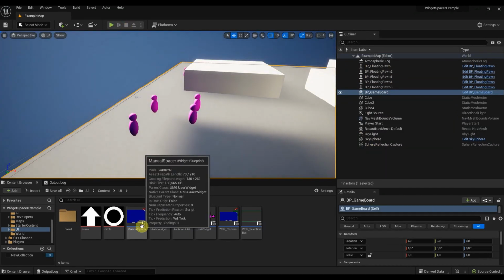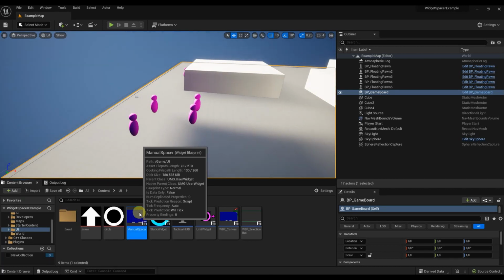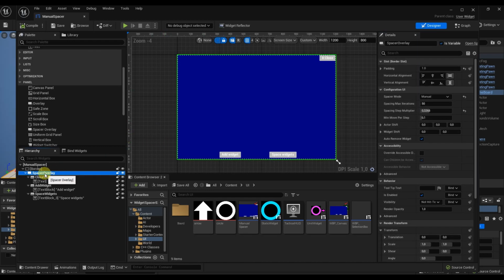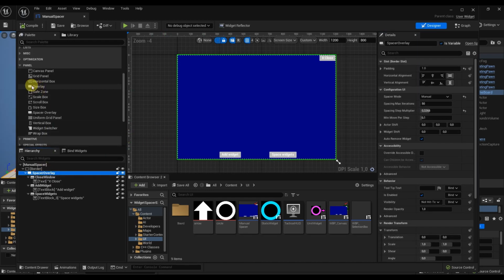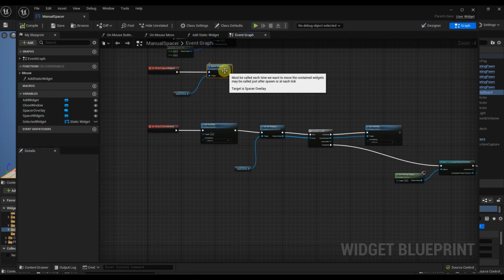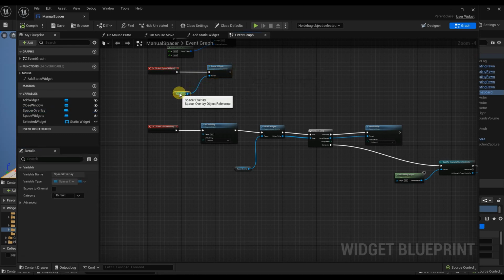Here's my window for my manual mode. For the demonstration, the most important part of the plugin is the spacer overlay here, which inherits from the normal overlay from Unreal Engine. It just has a few functions to allow the spacing. We can show them right there. This is the on-clicked event of the button space widget, and we just call the space widget function from the